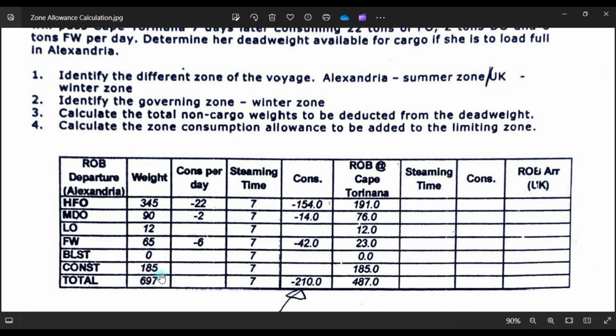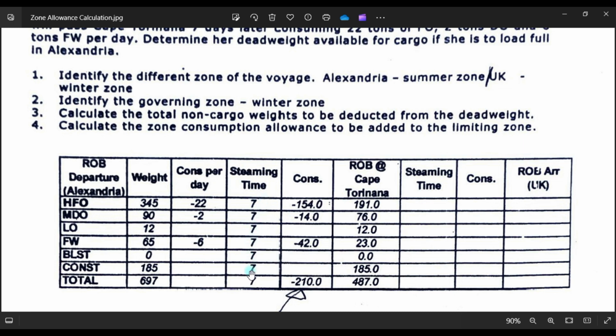So your total ROB on departure is 697. And this will be your consumption per day if you travel from Alexandria going to Cape Torinana. The consumption will be 22 tons per day for FO, DO will be 2 tons, and freshwater will be 6 tons.